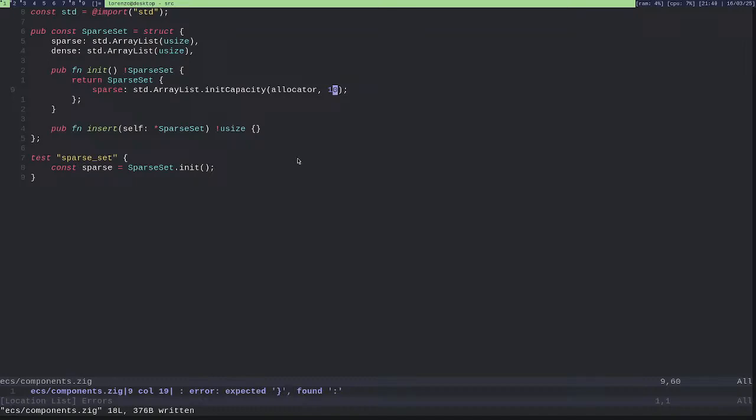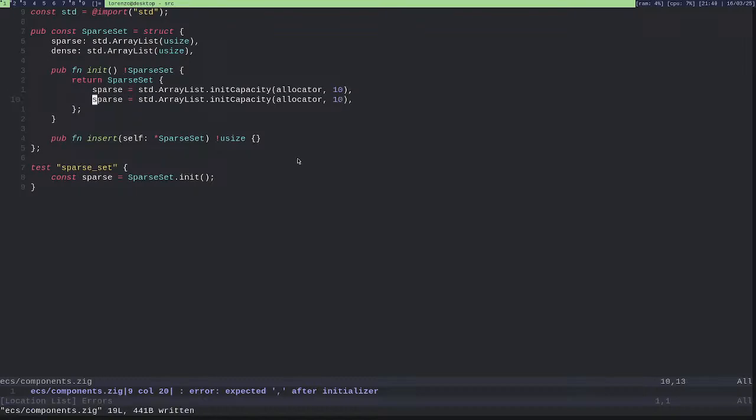I think it's the correct number, and this should be an equal. And then, oh, of course, this should be. Is it correct? I don't remember how to expected at line 9. What's the problem? Oh, array list should be usize like this, and then same thing here, usize, but still there is a problem.